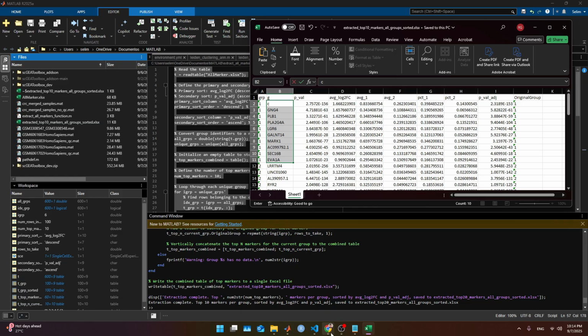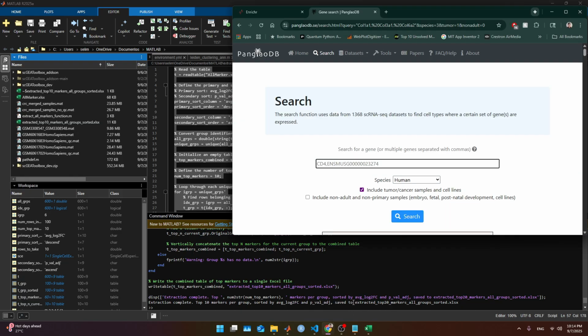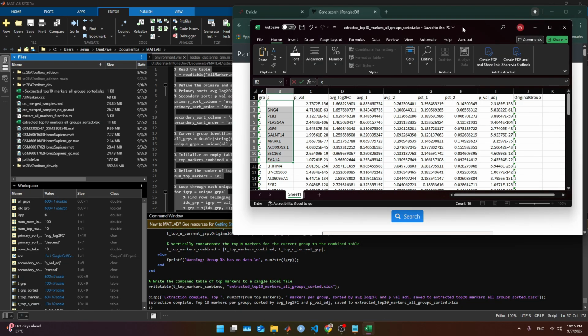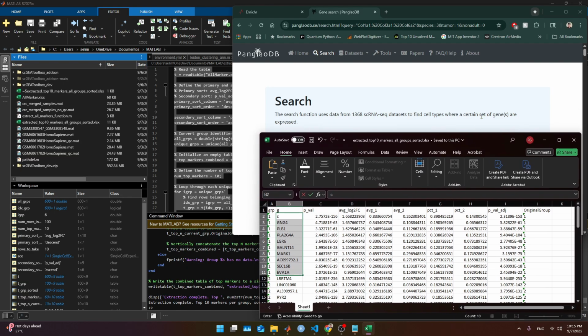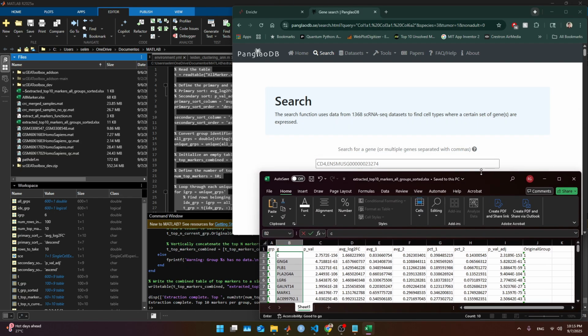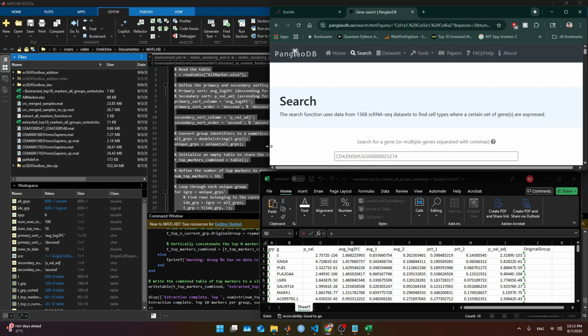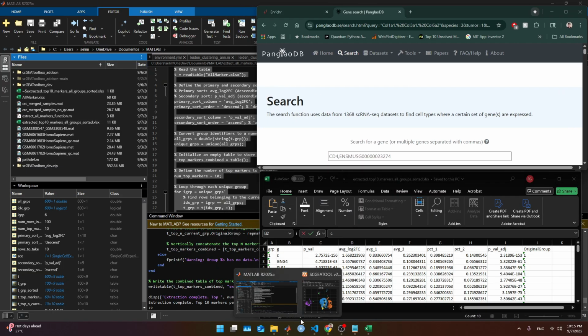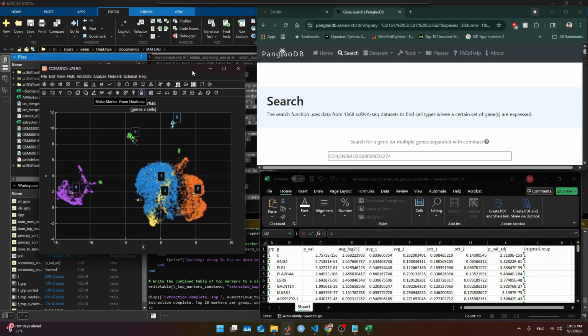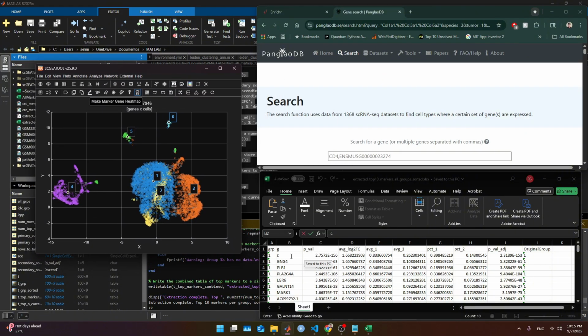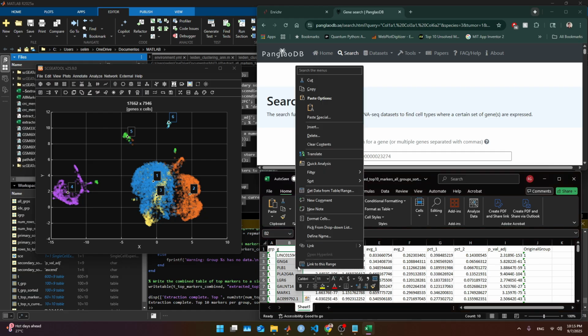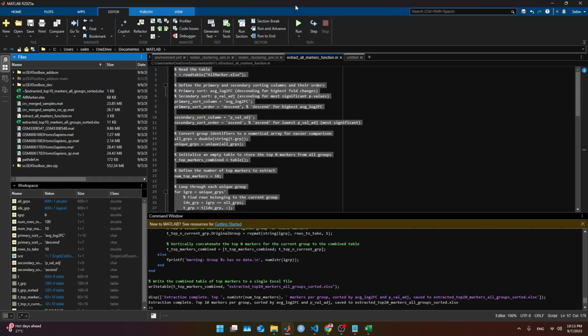So we go here to the website, and we keep the UMAP on the left, so we have a reference. Okay, we grab this first set, copy,